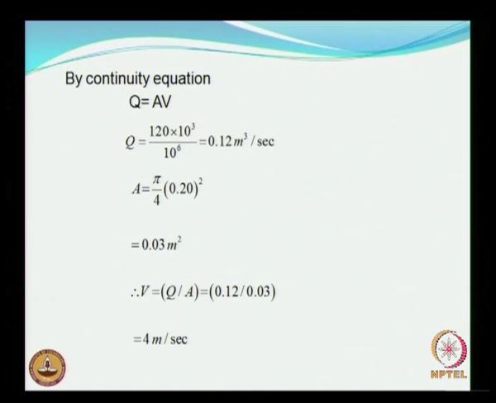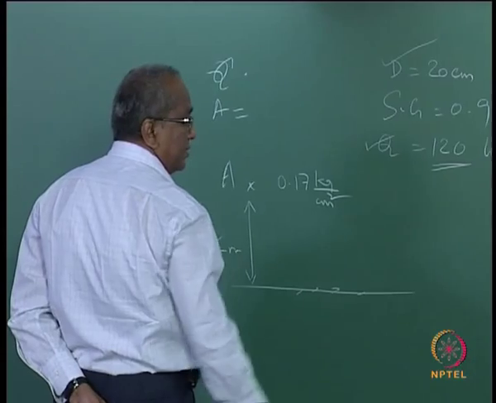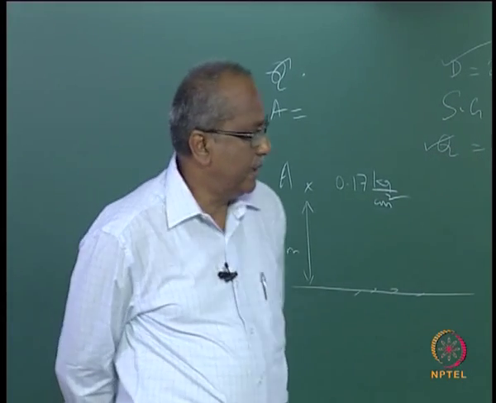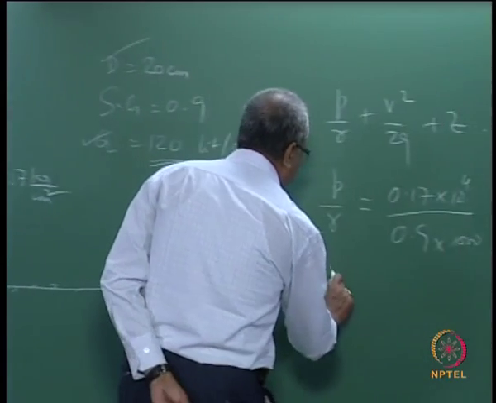Then you have to calculate here, because the Q is given. So Q can be written in terms of meter cube per second, as it is given there. And then the area of cross section can be obtained, because this is 0.2 meters. So Q is converted and A is calculated, and so velocity can be calculated as Q by A. So the velocity will be 4 meters per second.